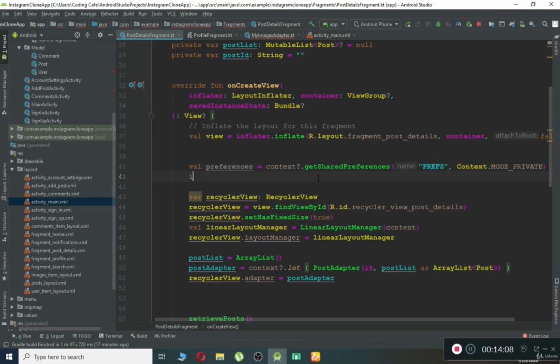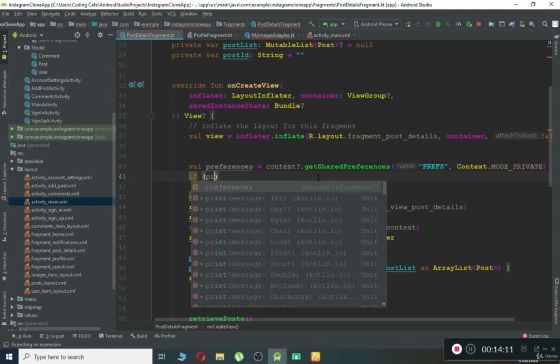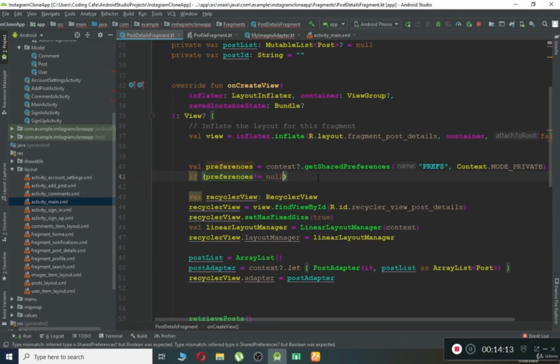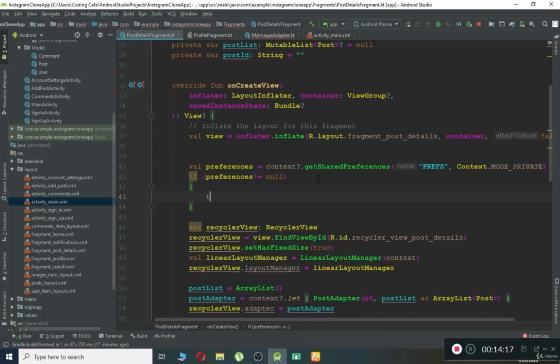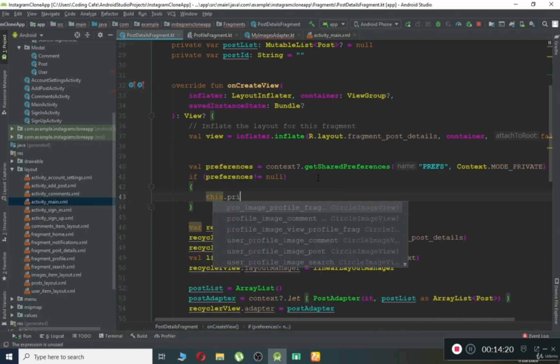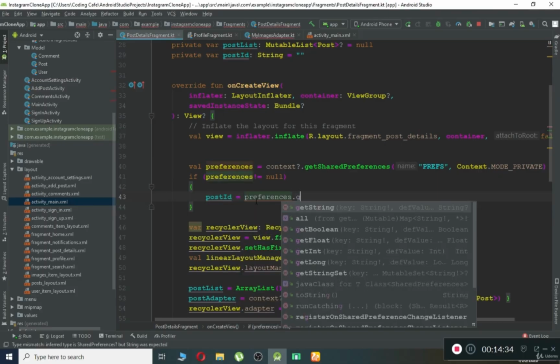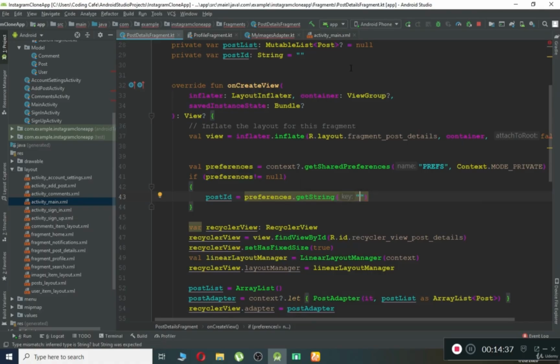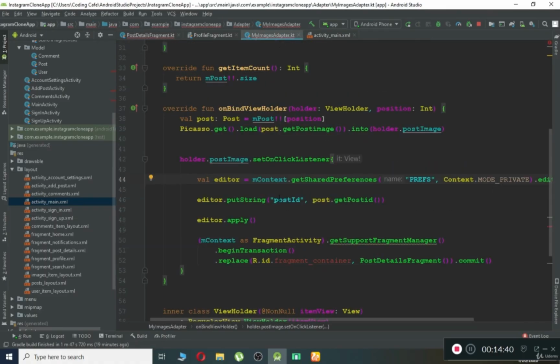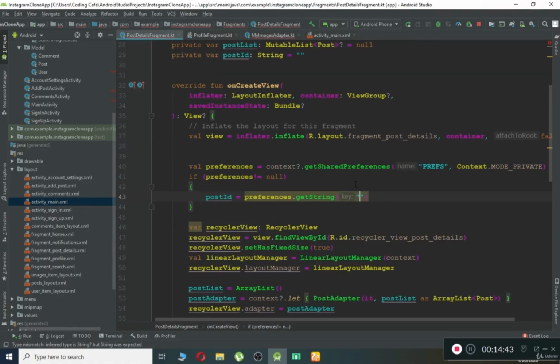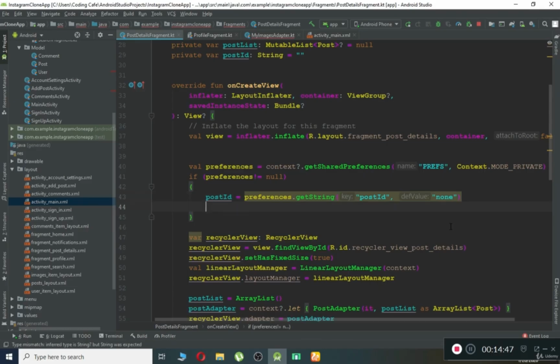If the preferences is not equal to null, then this dot profile. Sorry, we have our post ID. We have given the name post ID for displaying the post picture. Perfect. Dot get. And here we have to pass the same ID, which is post ID. Okay, comma, none. So yeah, that's it. Now,